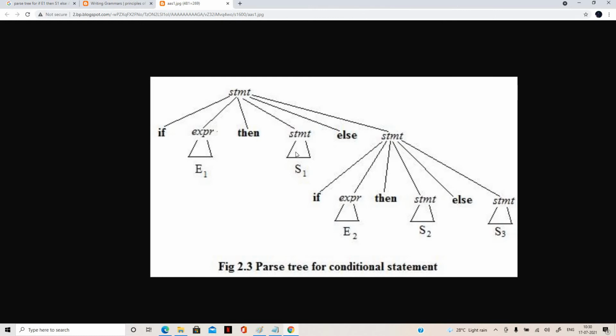Here, when you observe this, we are able to construct more than one parse tree for this grammar. If for any grammar you can construct more than one parse tree, then we say that it is ambiguous. So now we can consider that this grammar is ambiguous. Then what is the solution? We are supposed to reconstruct the grammar, and then we can avoid ambiguity.